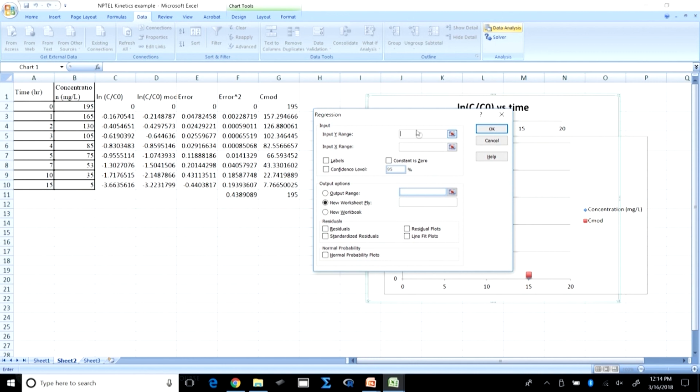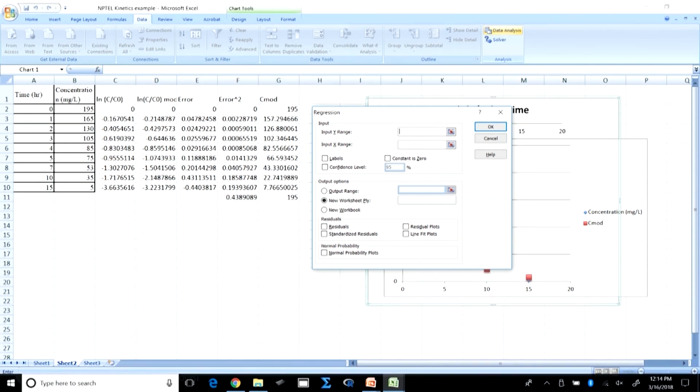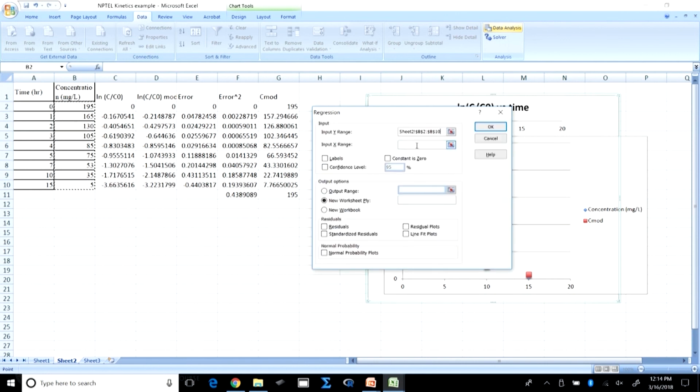So input y will be, I guess, CT by C naught, right. So the y range, I guess, was the concentration. So I am going to say y data set, and okay, it should have been the natural logarithm of C by C naught, delete please. So we are looking at the linearized version here, right, and so obviously I need to give the linearized data, natural logarithm of C by C naught, and the x range, it should have been minus k times t. So I need to calculate that before I go further, or I can give t, though that should also work, right. And okay, output range, I am going to ask the data to be given somewhere here, okay,